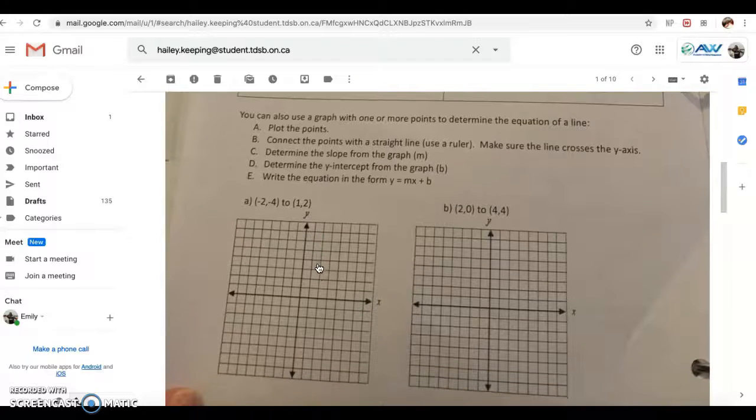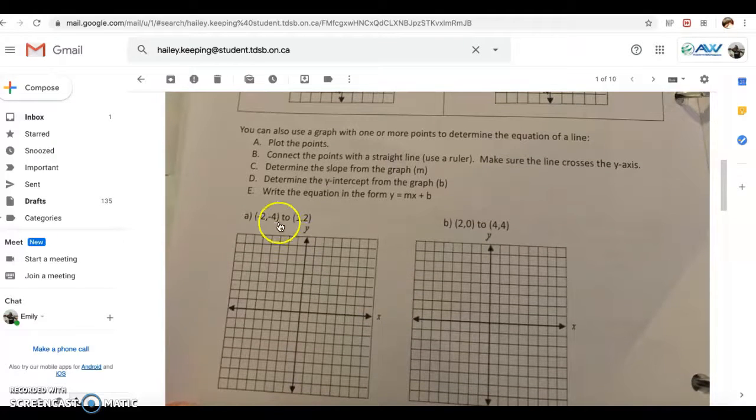All right, so the next task you're given here is you're given a pair of points. You're asked to plot them, connect them, and then